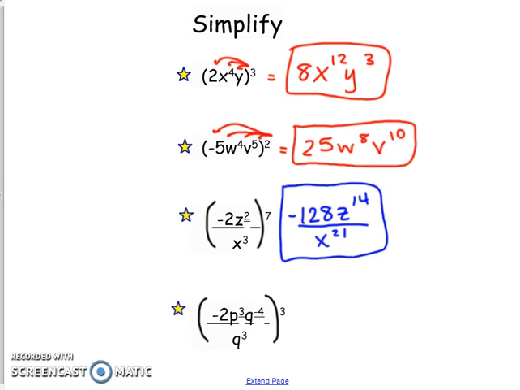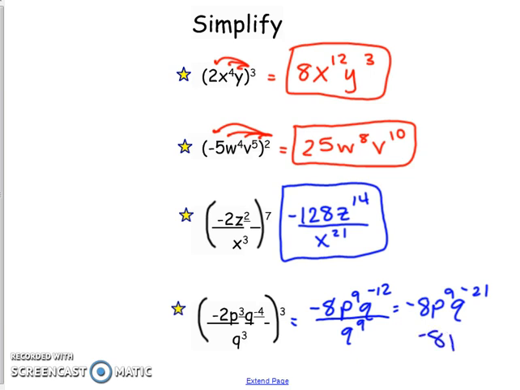And on the last one, we have negative 2 to the 3rd is negative 8. P to the 9th, q to the negative 12th over q to the 9th. So now we're going to take the q's and subtract. So negative 12 minus 9 is really going to be q to the negative 21st. Since I have a negative exponent, it has to go to the bottom. So I have a negative 8 q to the 9th over q